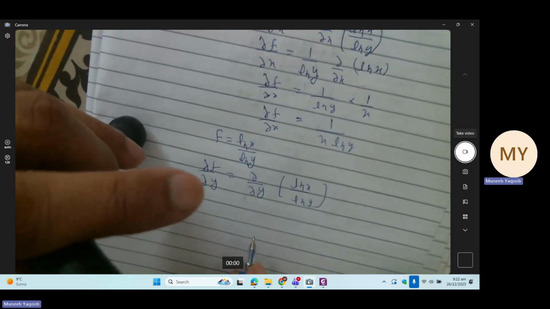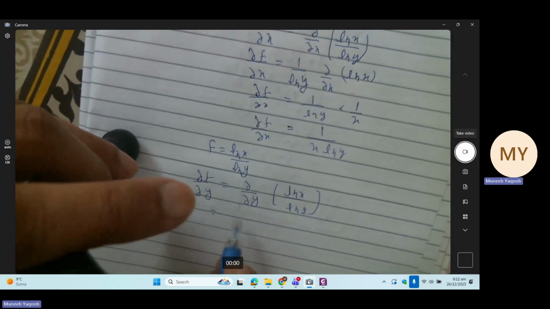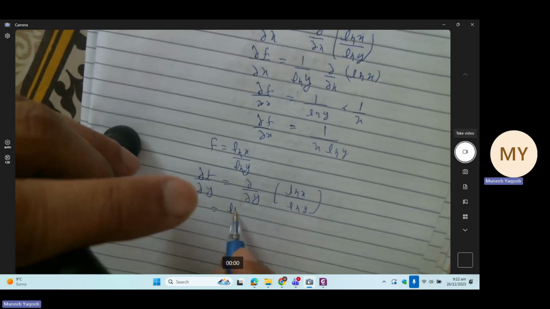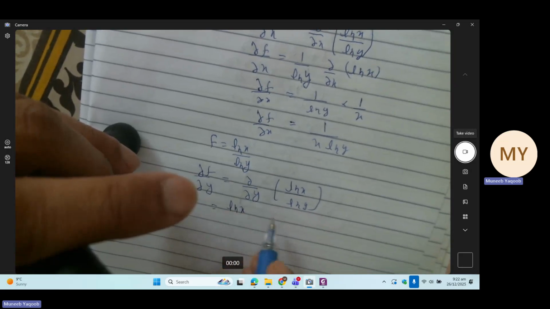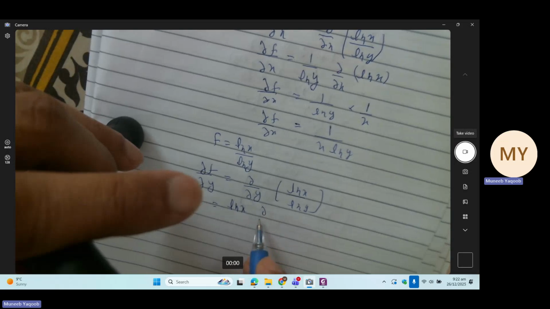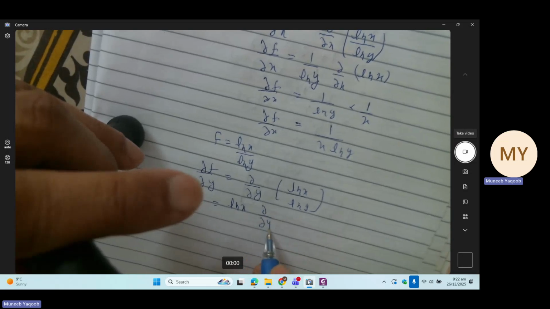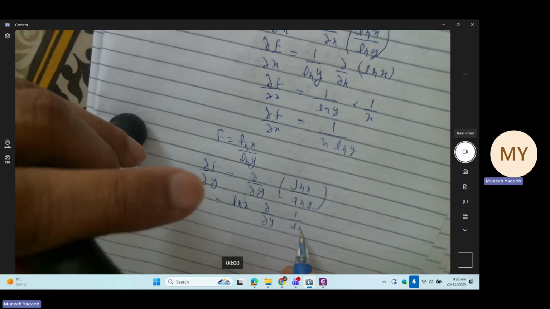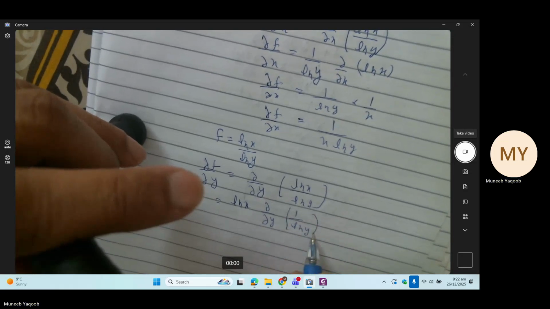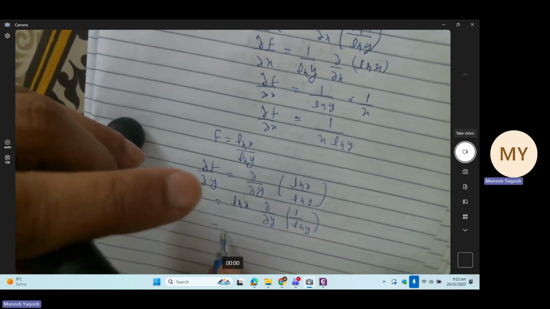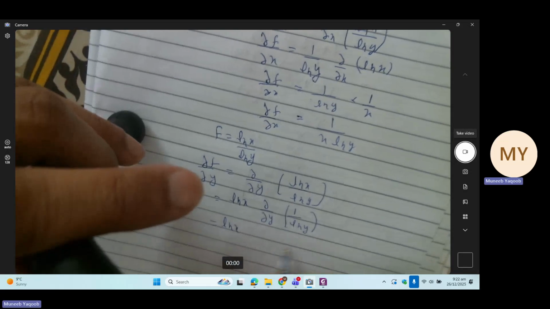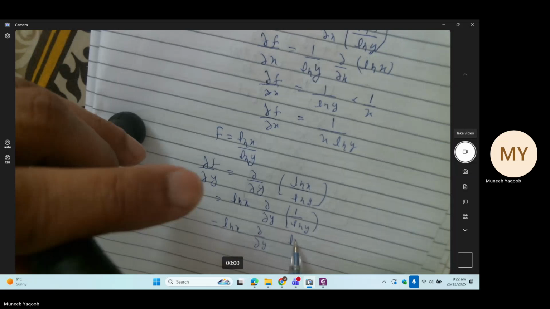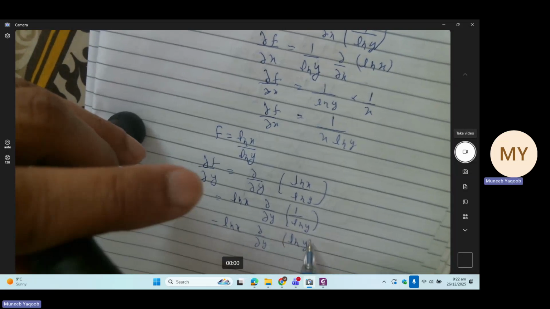Again, since we are differentiating with respect to y, for this differentiation, ln of x is constant. So we will bring this ln of x outside of the differentiation, and it will become del by del y of 1 upon ln of y. Now, what is 1 upon ln of y? It can be written as ln of y whole power